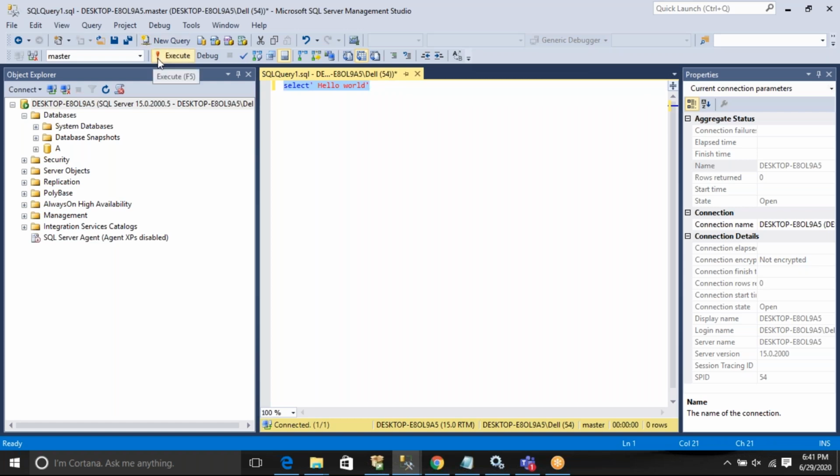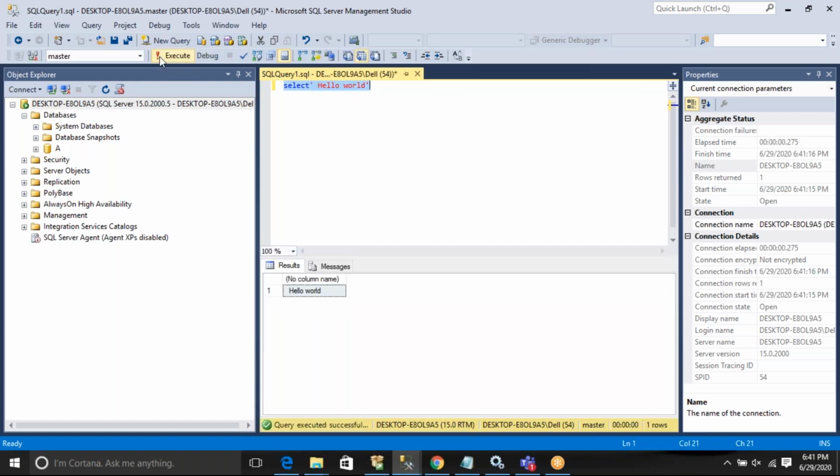You can write any command here and you can click on execute. So based on the demand, based on the need, you are going to create something, you are going to delete something, you are going to get something, you are going to analyze something. As part of SQL, why you came here for SQL is